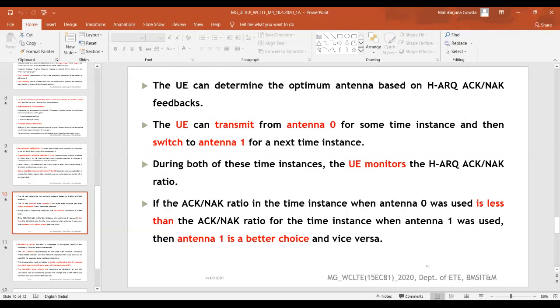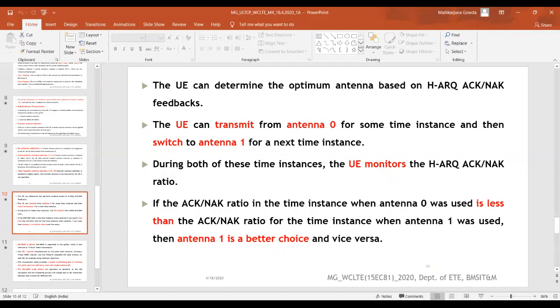And it works vice versa also. When the hybrid ARQ acknowledgement ratio is greater than the ratio in the time instance when antenna 0 was used, then antenna 0 selection is better.